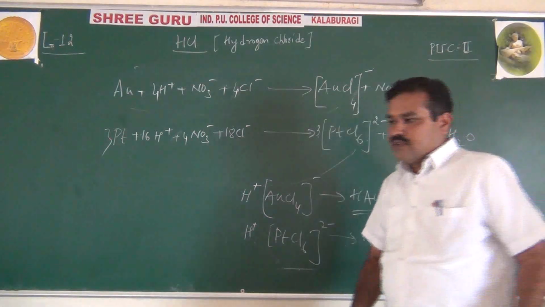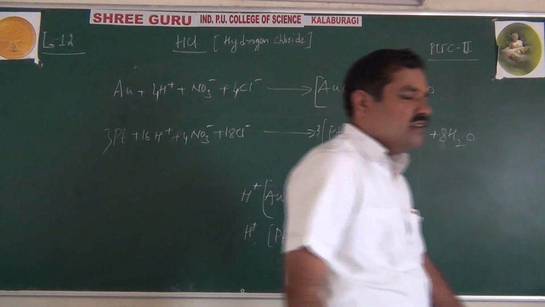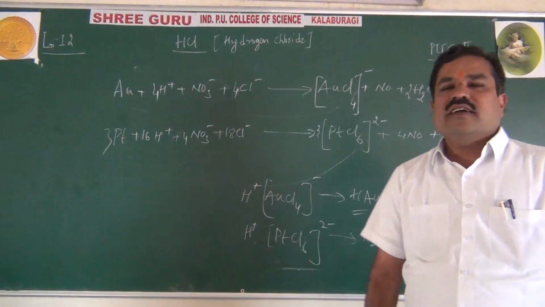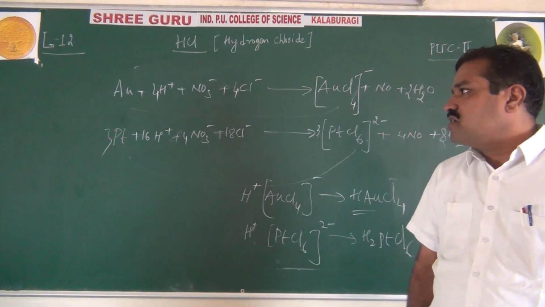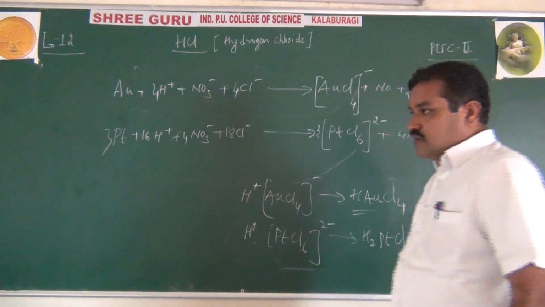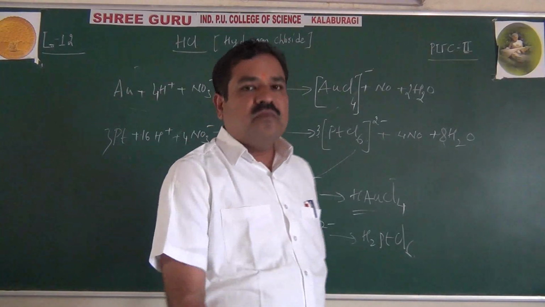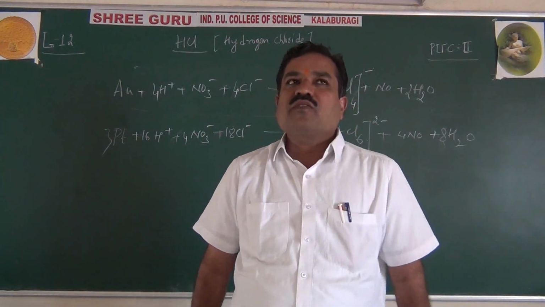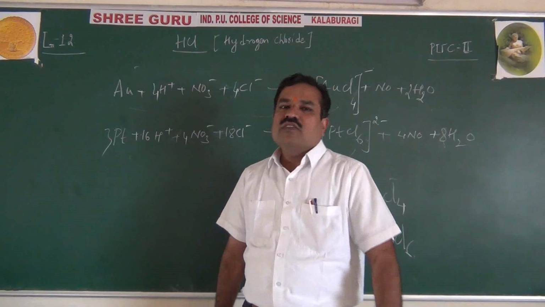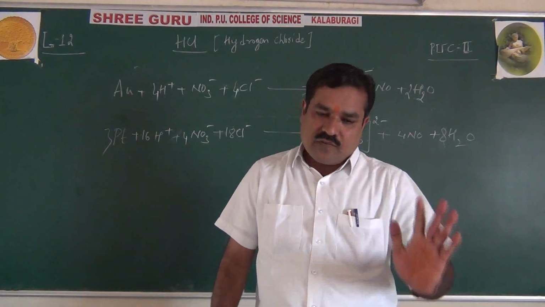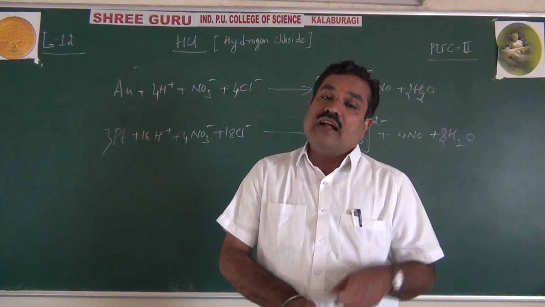That's why this is called chloroauric acid and this is chloroplatinic acid. Got it? So like this, very important, especially in dissolving gold, aqua regia mixture. What is aqua regia mixture? It is a mixture of 3 parts of concentrated hydrochloric acid and 1 part of nitric acid. Got it? Dissolves gold and platinum but not silver. Silver is dissolved in 0.5% aqueous solution of sodium cyanide or potassium cyanide, giving sodium argentocyanide or potassium argentocyanide. Further, they are treated with zinc to recover the metal. That is called MacArthur-Forrest cyanide process. Apart from aqua regia mixture, gold can also be extracted by using the MacArthur-Forrest cyanide process, but not platinum.